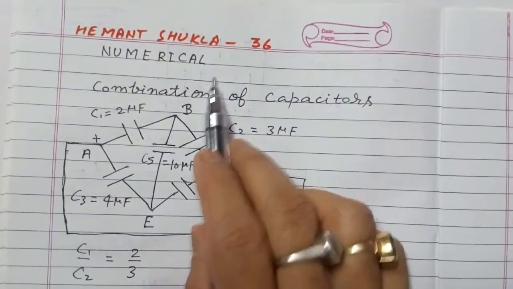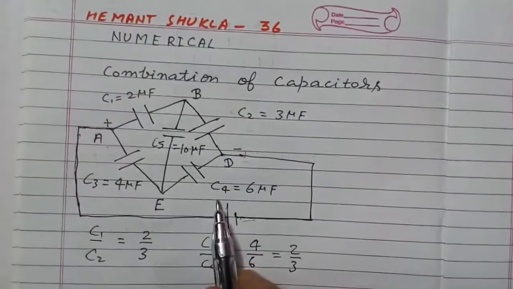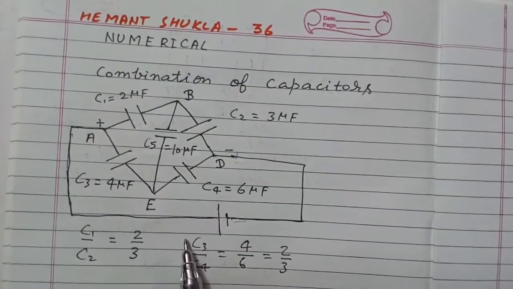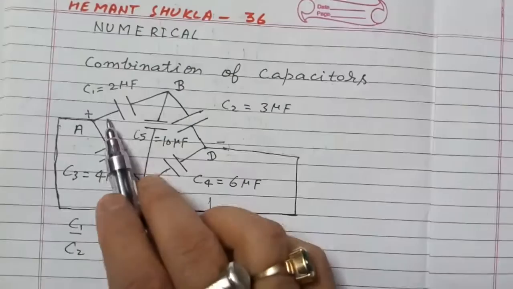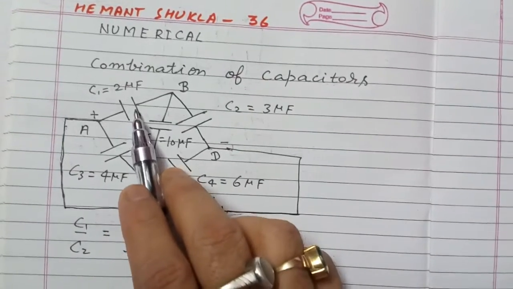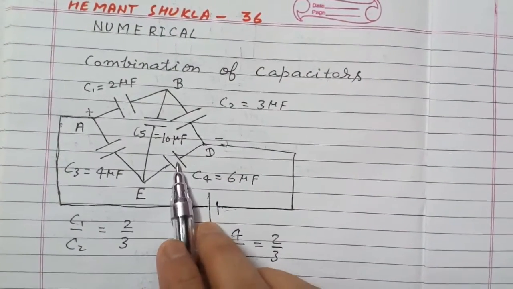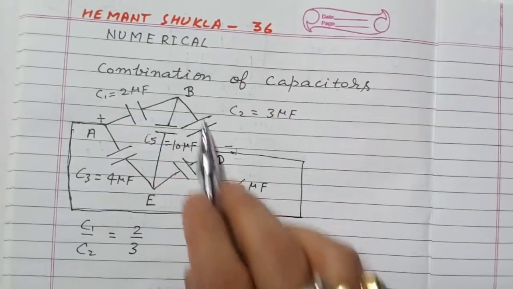Numerical combination of capacitors and to find equivalent capacitance. Here you are seeing in this diagram that four capacitors C1, C2, C3 and C4 are connected to form a